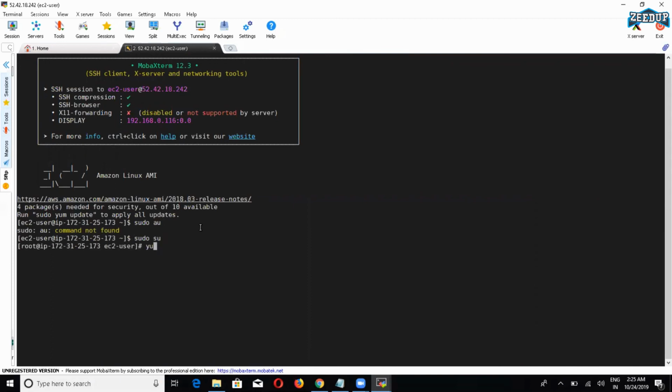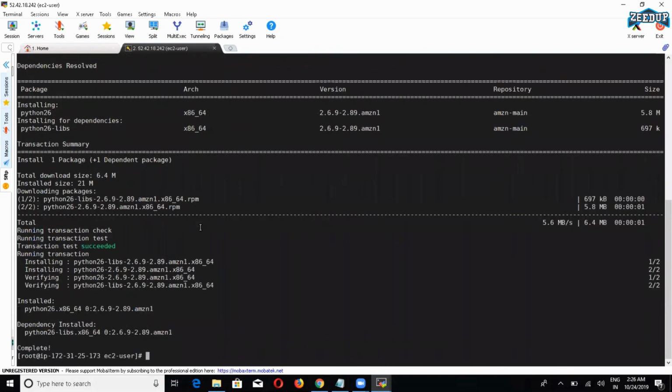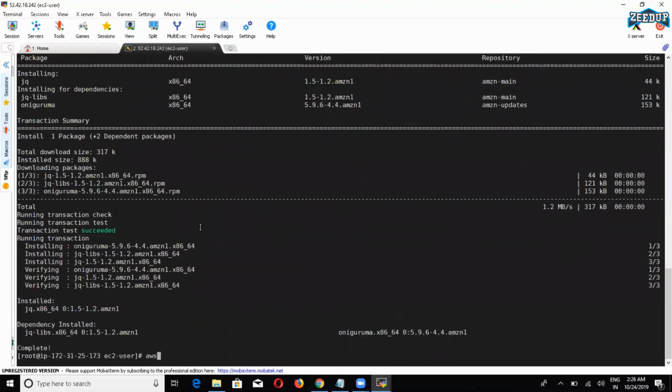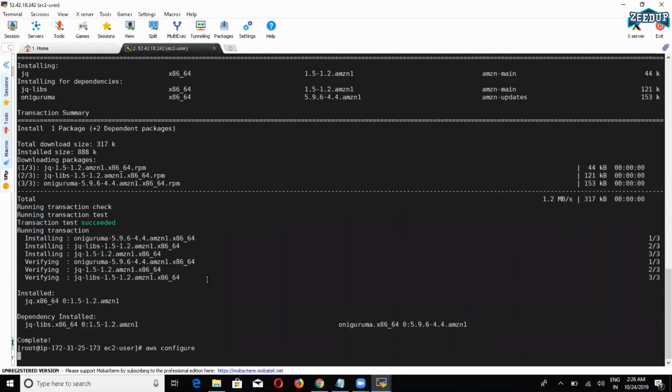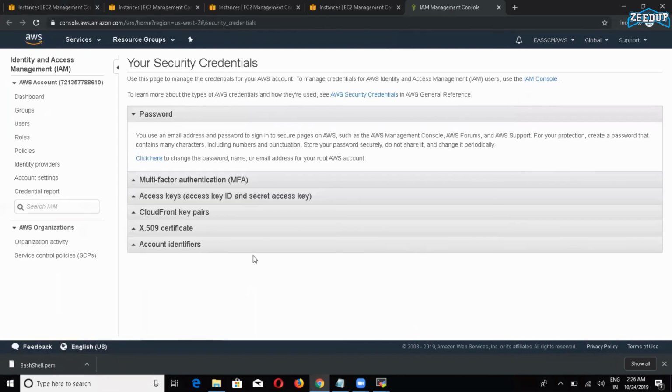Let me get into my root account, root access. In order to successfully pull those resources, I need to install Python and the JSON package. The latest version is Python 3, but I'm going to install the old version since it is valid up to next year January. So I install the jq -y JSON package. Now I need to get into the AWS command line interface. For that I need to run aws configure, and obviously it will ask for the access key ID